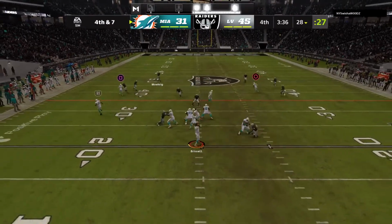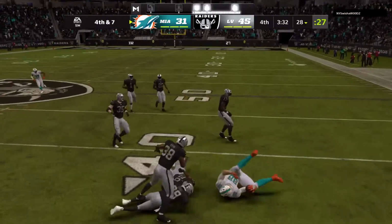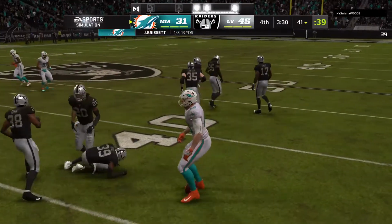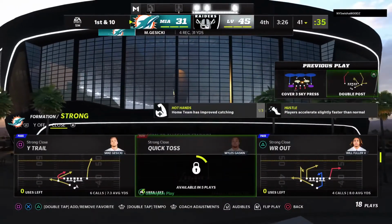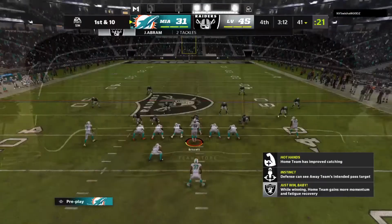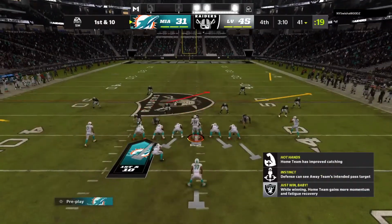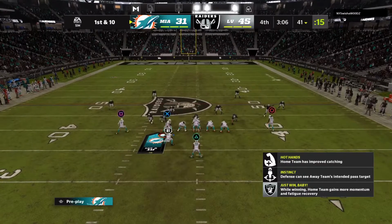As expected, they're going for it to keep the drive alive. And able to find Gesicki as tight end. And they get him down, but not before he takes it across the 40-yard line. The time to pull out the stops is now, and they convert there on 4th down. So signs of life in what's been a dormant offense in this second half. Here's 1st and